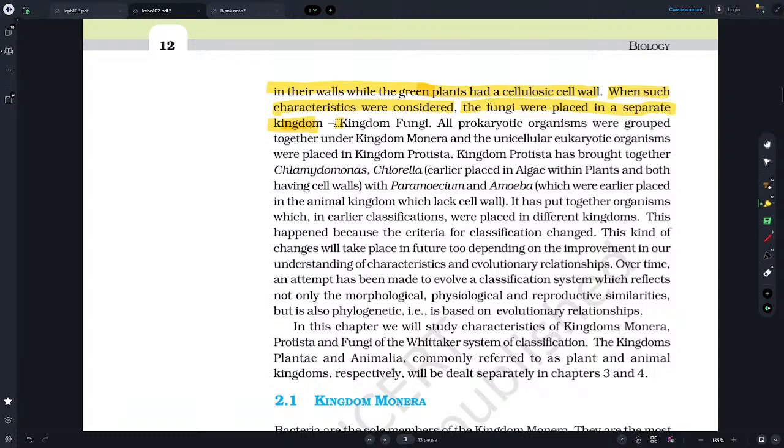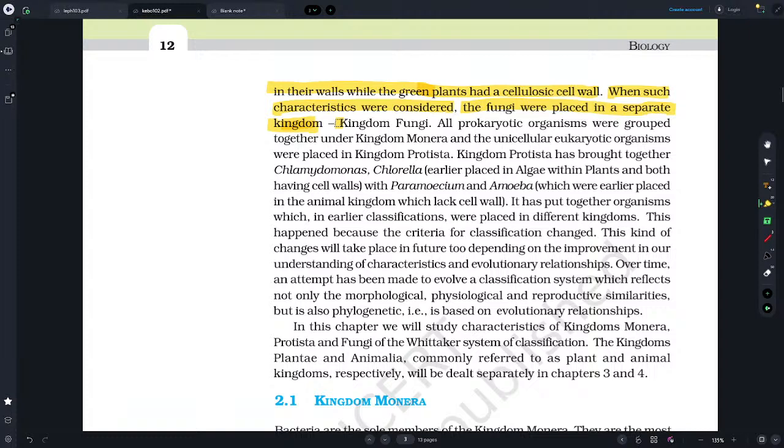Some of the bacteria are autotrophic. Metabolic diversity means they can get food in different ways. Some bacteria are autotrophic; they synthesize their own food from inorganic substrate. They may be photosynthetic autotrophic or chemosynthetic autotrophic. The vast majority of bacteria are heterotrophs, that is, they depend on other organisms or dead organic matter for food.